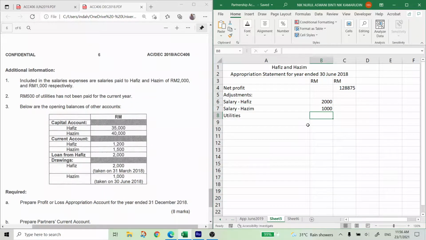It means that the amount of net profit should be reduced by this 500 ringgit, but it is not included when they calculate the net profit for the first time. So we are going to minus 500. Okay, and then interest on